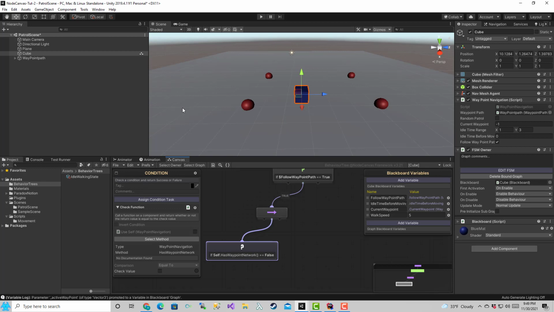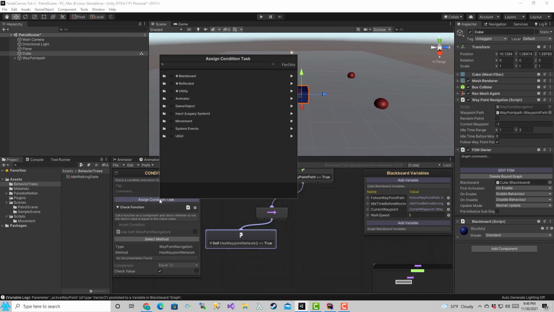So this ensures that a waypoint network has been configured, and we want that to be true. And then we want to have another condition. So if you click on assign condition task again, it'll let you create another one. And this time we want to do check